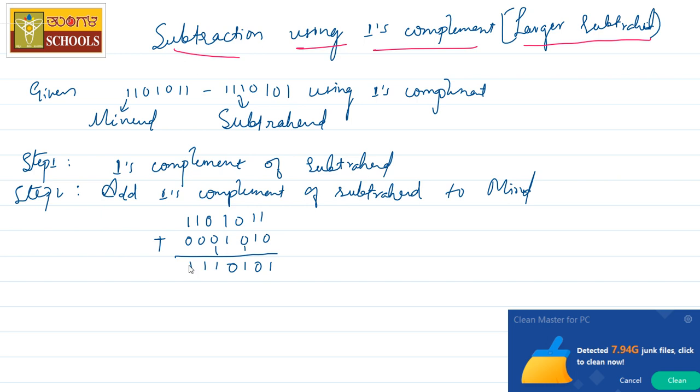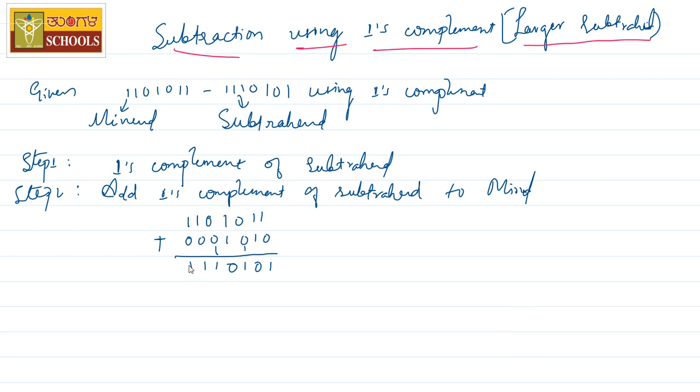In the last class, what I explained to you is that if a carry is generated, that carry is taken and added to the result. Right? That was the third step. Here, if you observe how many total bits are there for the minuend and subtrahend, 1 2 3 4 5 6 and 7. Here also 1 2 3 4 5 6 and 7. The result also consists of the same number of bits, that is 1 2 3 4 5 6 and 7.